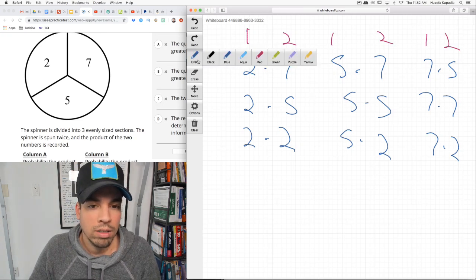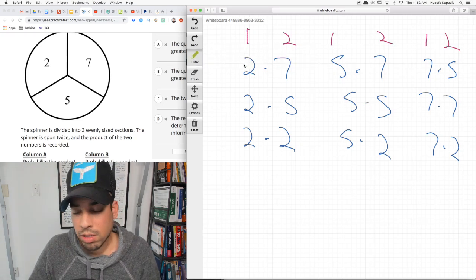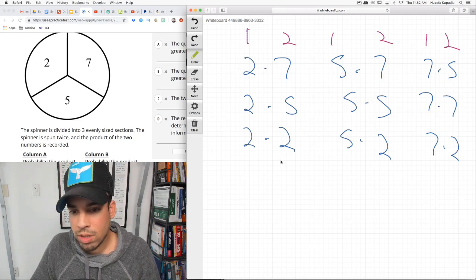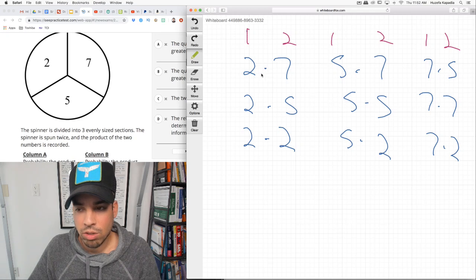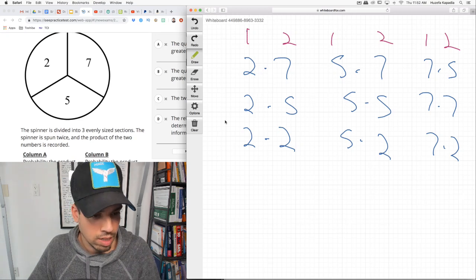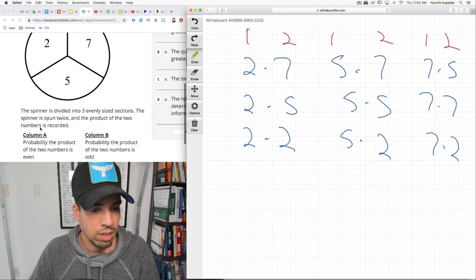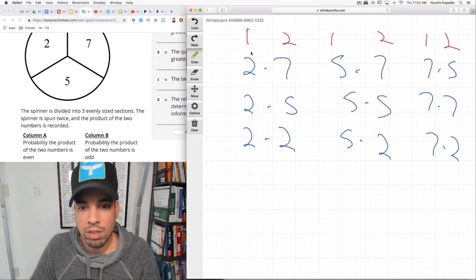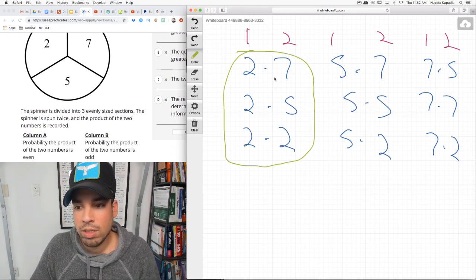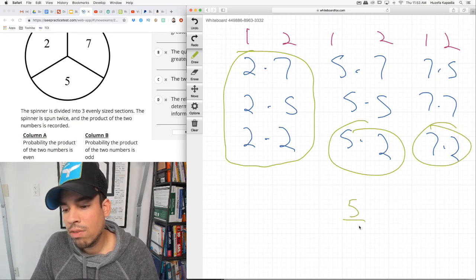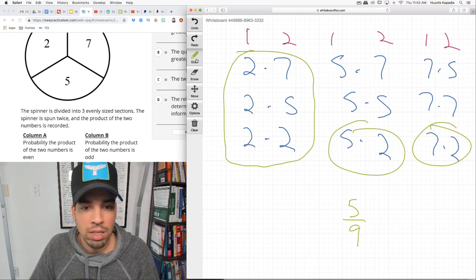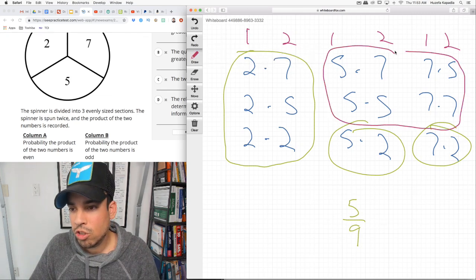And now there's 9 different outcomes for products. I mean, not really, because there's overlap, right? 2, 5, and 5, 2, but we can just keep it like this. So let's assume these are all 9 unique things, and then probability that the product is even. So let's circle all the even ones. These are all even because they're all multiplied by 2. This is even multiplied by 2, and this is even multiplied by 2. So 1, 2, 3, 4, 5. So it's 5 out of 9 even,